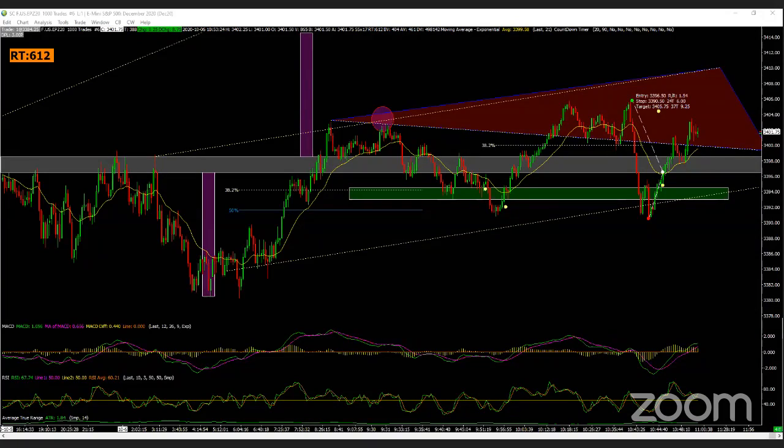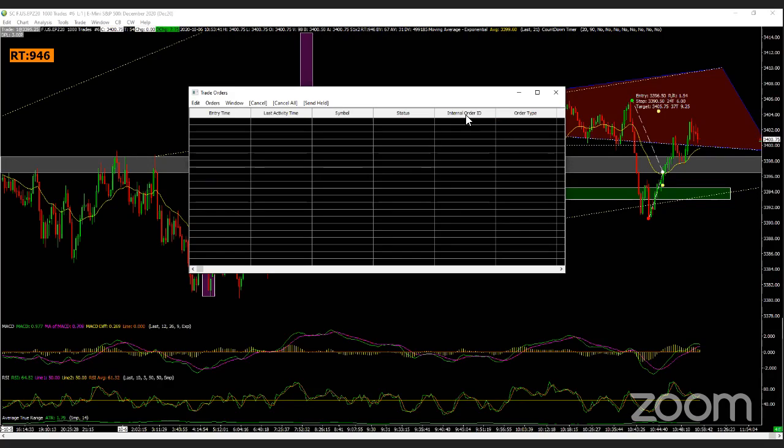So 7 minutes left. Let's begin our closing routine. I don't think that we're going to see any other patterns this morning. If you guys are using Sierra Chart, you go into your trade order window, or if you use NinjaTrader. If not, any of the other charting systems, Rhythmic or whatnot, they all have pretty much the same